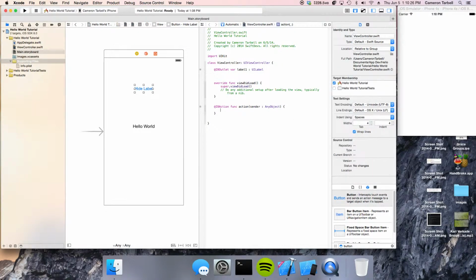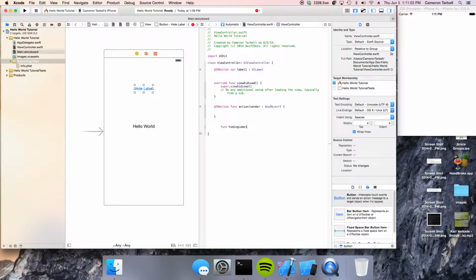So there's two ways we can hide a label. There's an easier way, and then there's also a pretty easy way to do this. We could create another function and embed it in the IBAction, or we could just program it right into the IBAction. So I'm actually going to go the harder way, which isn't that much harder, but it gives you the idea of what a function is. So function is F-U-N-C, and then the name of the function. We're going to do